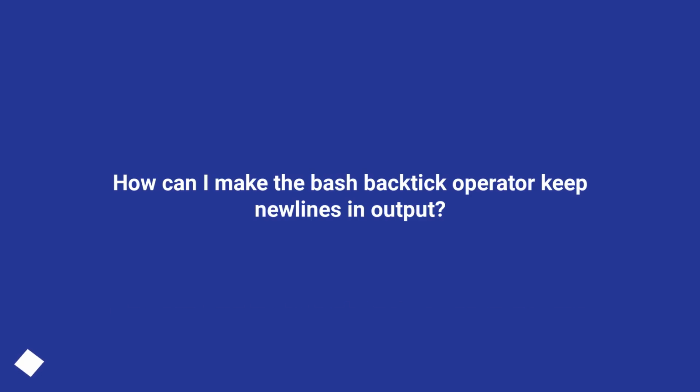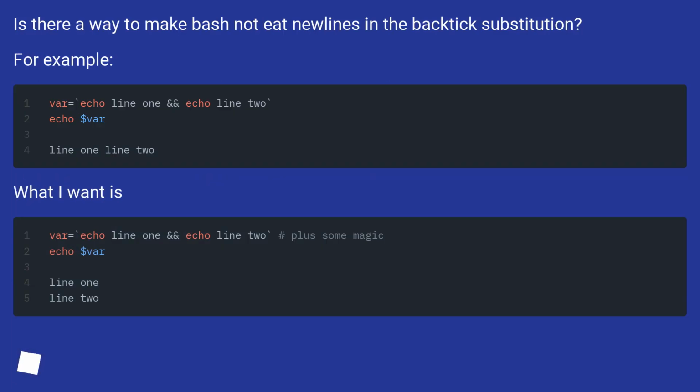How can I make the bash backtick operator keep new lines in output? Is there a way to make bash not eat new lines in the backtick substitution? For example, what I want is